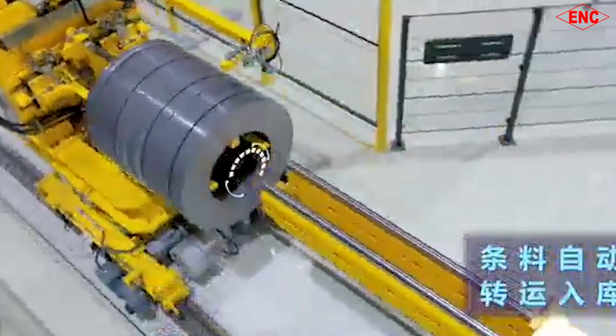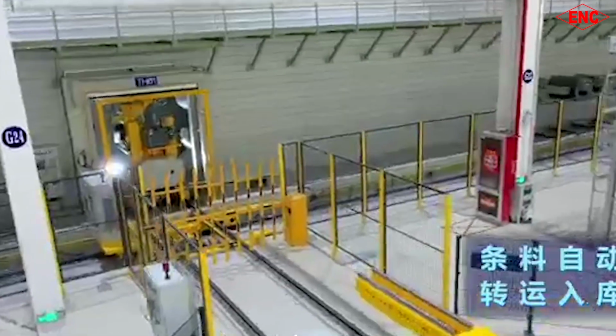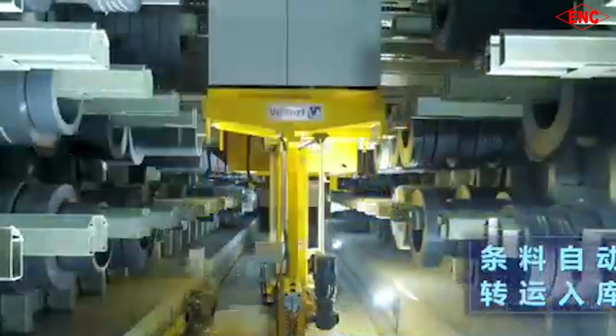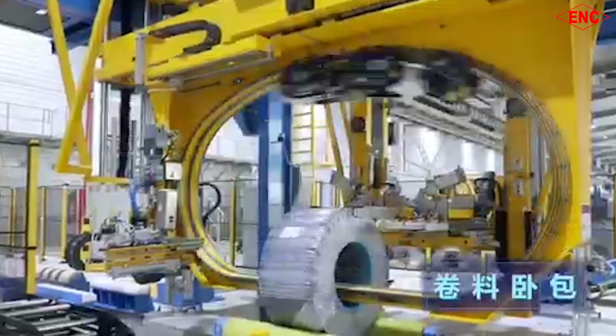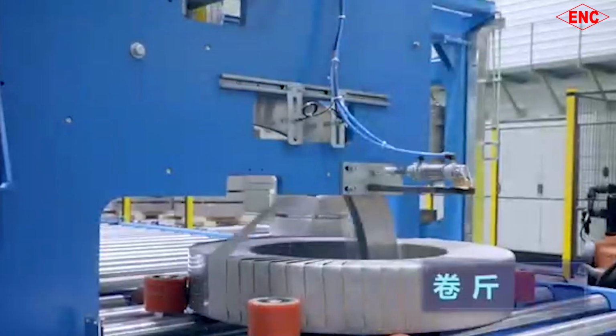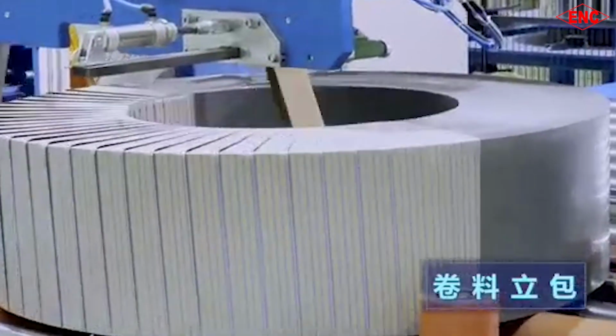The slitting speed of the production line reaches more than 300 meters per minute. The burr of the strip is controlled within the range of 0.01 mm, and the width error is controlled within 0.1 mm through automatic winding of fixed length strip and integration with MES system to achieve automatic packaging of strip